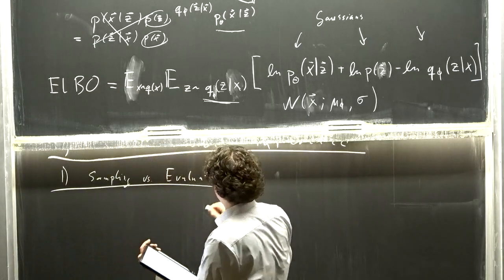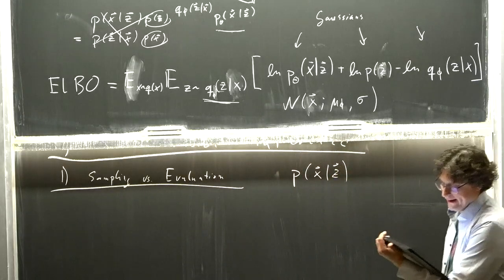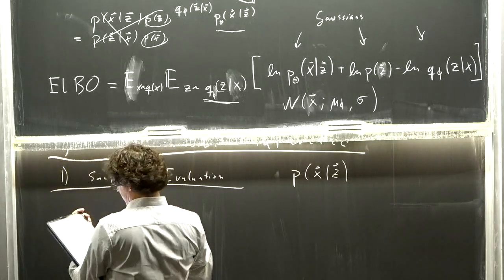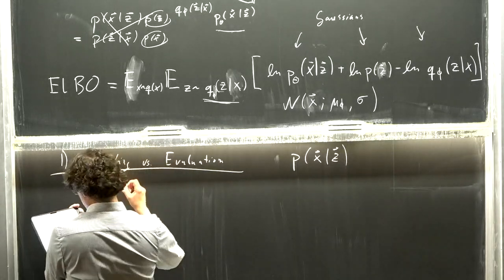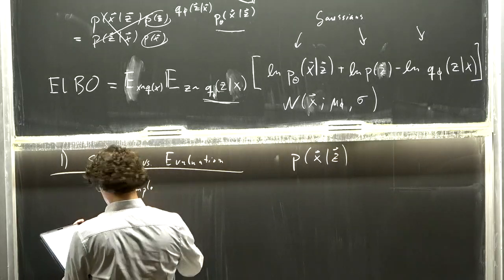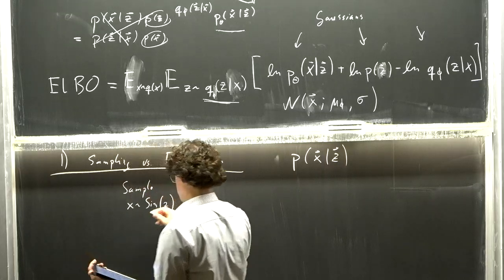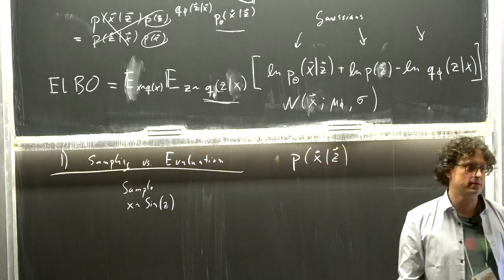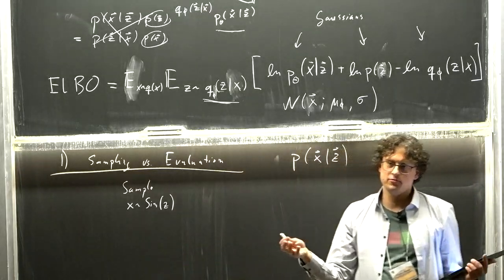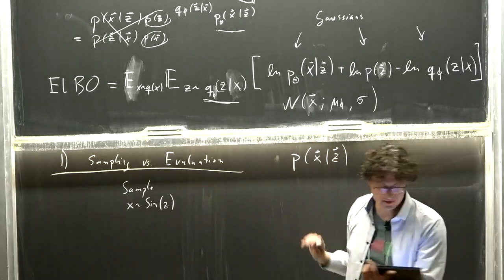We talk all the time about the likelihood function, the likelihood for data given some model parameters. And we can do a few things with the likelihood function. We can sample from it. In that case, what we need computationally is a simulation program, which takes as input some parameters, and then it runs, and it returns a sample of X. And if you run it a second time with the same parameters, we will get a different sample. So if you want to sample from the likelihood, we need a computer code that does that.